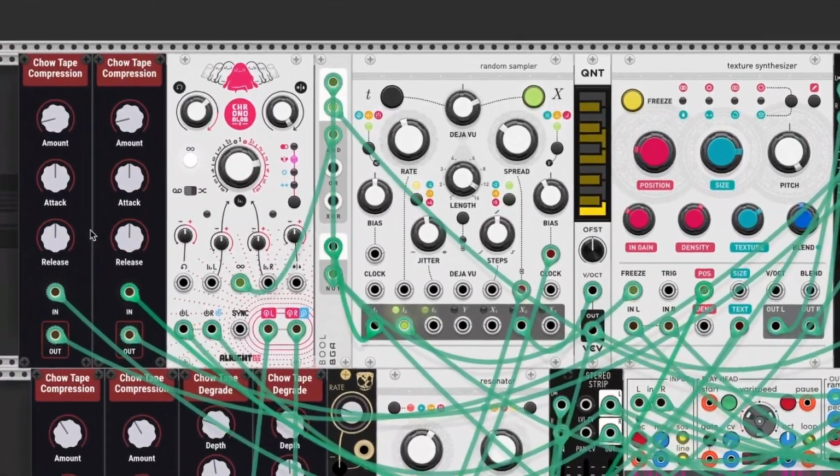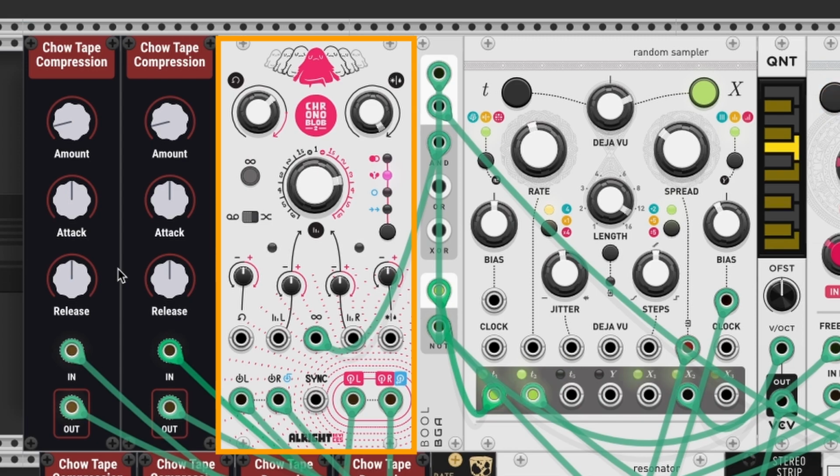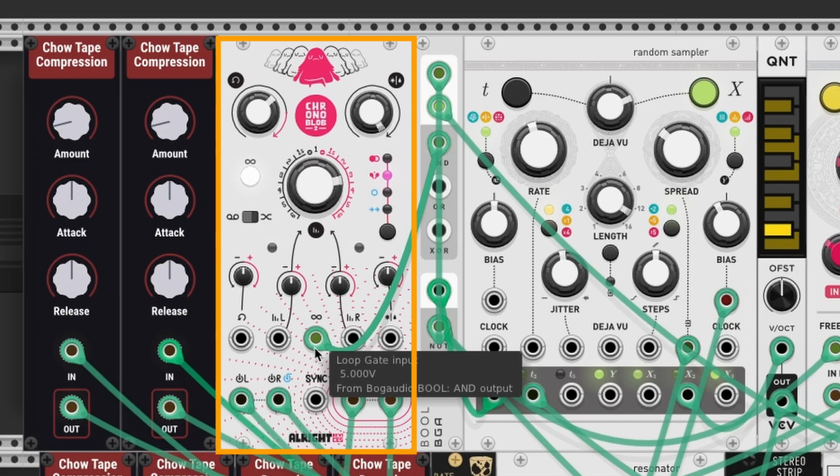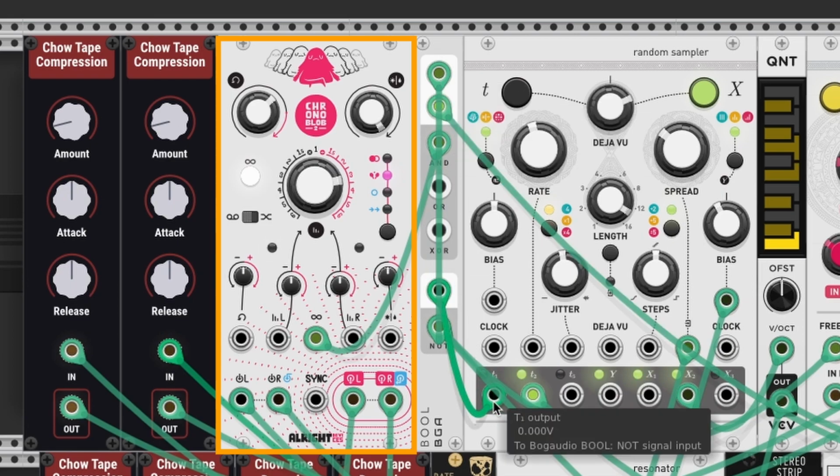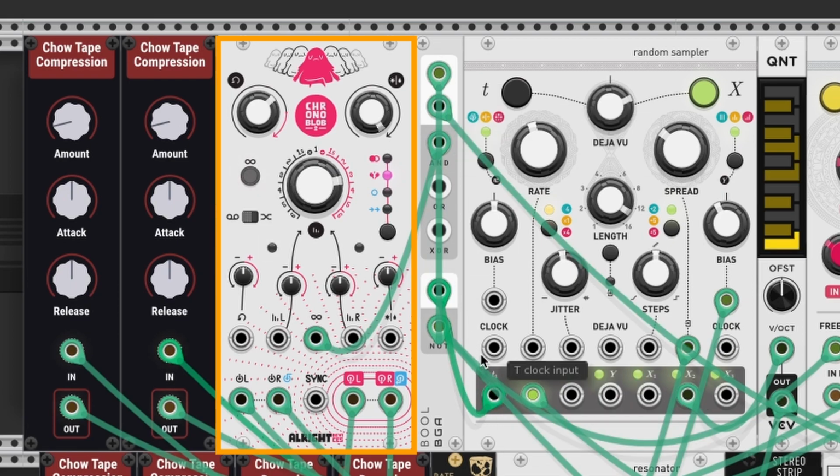The fifth channel is a delay module. It's in ping pong delay mode. I increased the delay quite a bit, and I'm also using a combined clock information to trigger the loop gate input. The signal I'm using is channel 1 of Marbles inverted, as well as the second channel divided by 9,